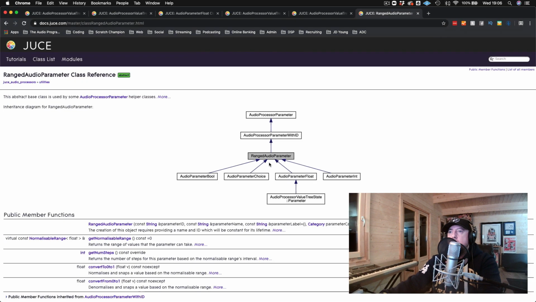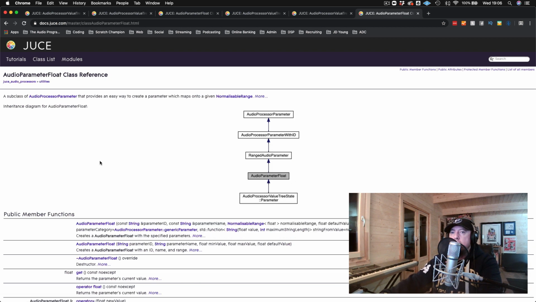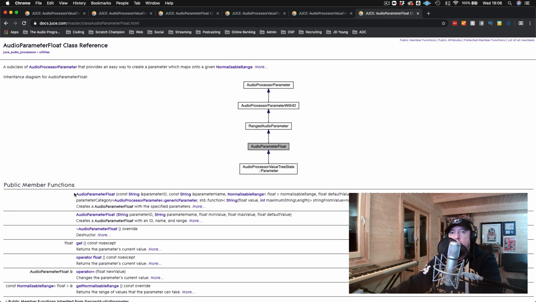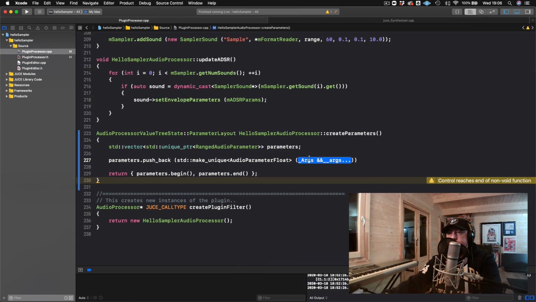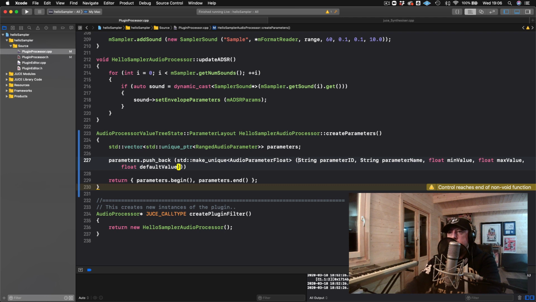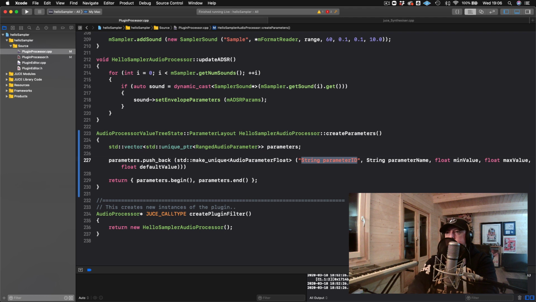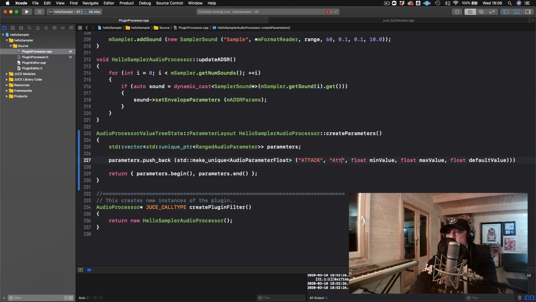And then in here, if we go to the audio parameter float documentation, we will see we can call one where it's got loads of different arguments, loads of different customization that we could do. I'm just going to call this simple one here. So here's where we put in our arguments. Parameter ID is normally in caps, so I'm just going to call this attack. Then the parameter name is normally what you would see in a DAW, so I'll just call this attack